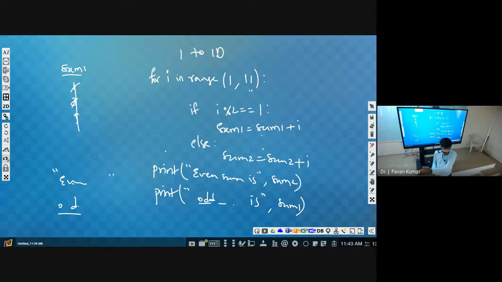List. We have discussed, right? Collection of ordered elements, which are changeable. We can say it as list. So how we can denote a list? By using square bracket. Let us consider the question is given integers, we will not take from the user directly, we will give 10 numbers.